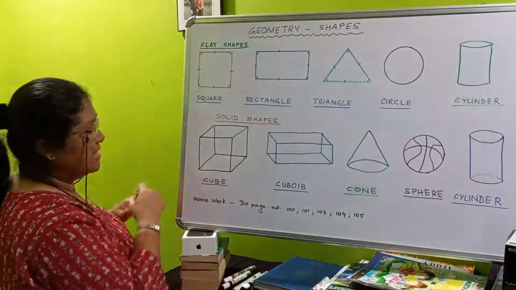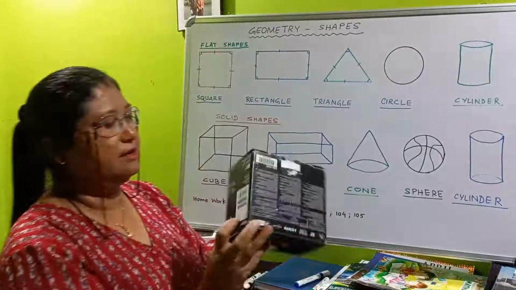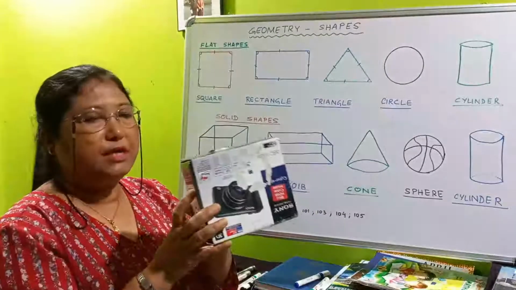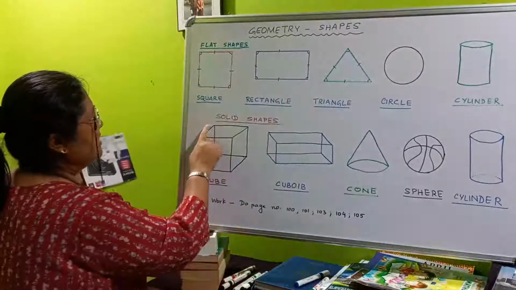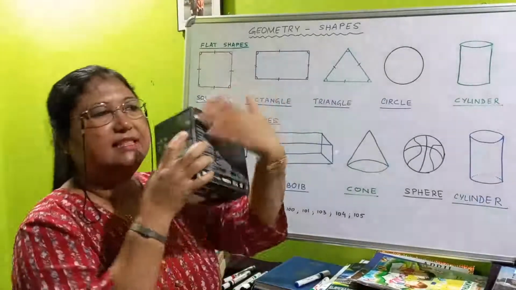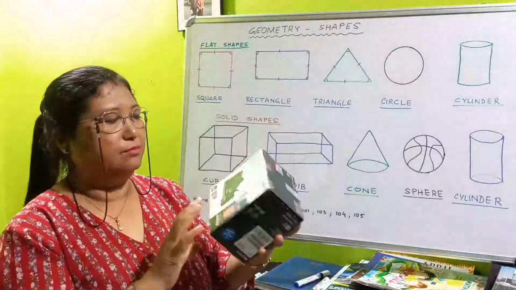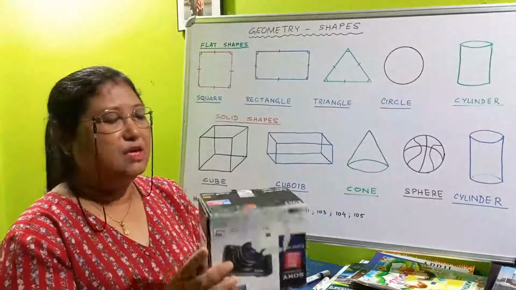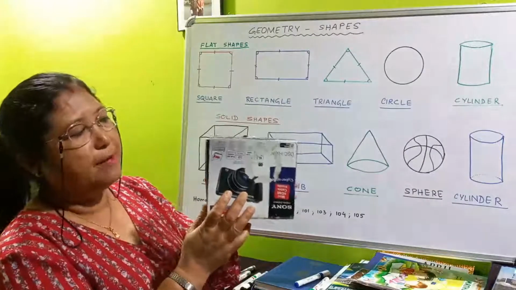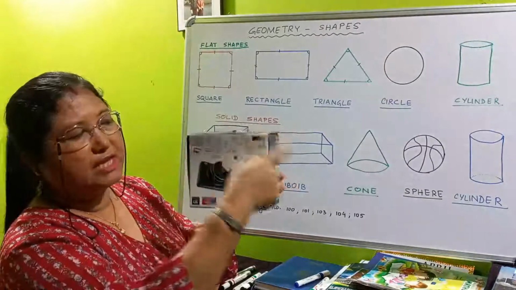Now how many sides does it have? I'll show you. See this, I have got one box here. Actually, this box is not in cube shape. Cube shape means all the sides will be equal. This side, this side, this side, this side, all the sides. This front side and this side should be the same in a cube. But actually I didn't get that type of object. This object is more or less like a cube only. In a cube, this side and this side should be the same. All the 4 sides should be the same.